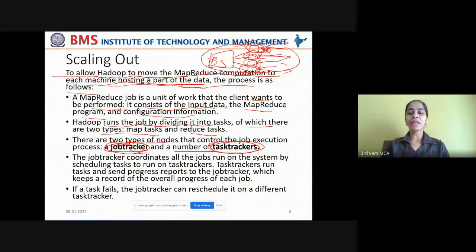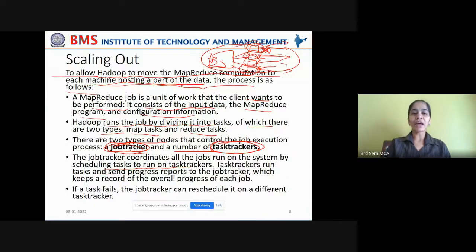The job tracker coordinates all the jobs run on the system by scheduling the tasks to run on the task trackers. So the main functionality of the job tracker is to coordinate between all the jobs run on the system by scheduling the tasks to run on the task trackers. Say a file is divided into 10 different fragments and distributed onto 10 data nodes. Now the job tracker will be responsible to pass the computation onto these 10 data nodes by making them the task nodes. The job tracker will take care of running the jobs on the task trackers.